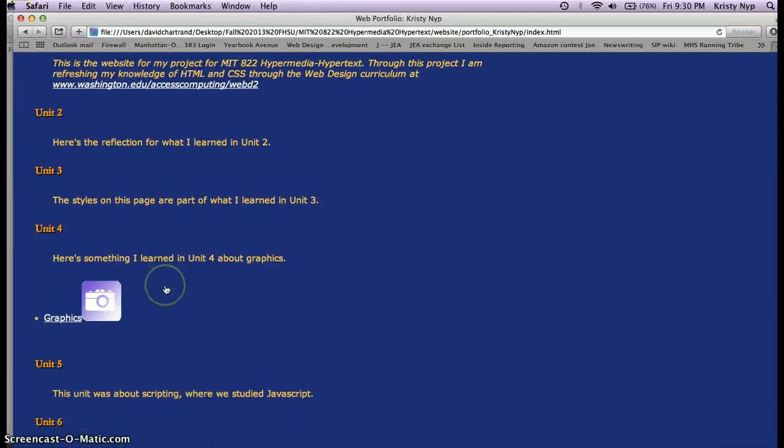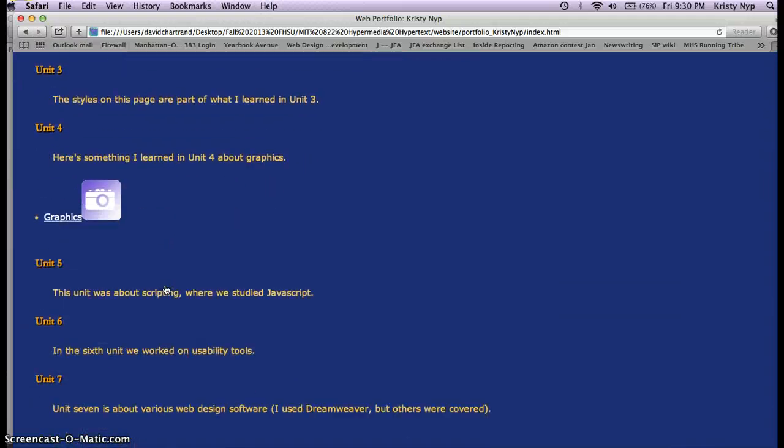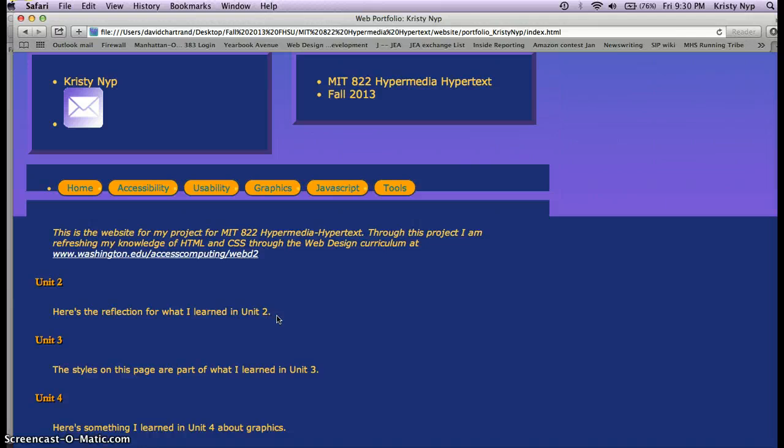Then I got into a couple more units that I had not done before. Unit 5 was all about scripting, and this was the first time I have ever looked at JavaScript. And I was able to accomplish what it said. I'm not really sure that I understand it very thoroughly yet, but I did accomplish what I was supposed to do with that site,